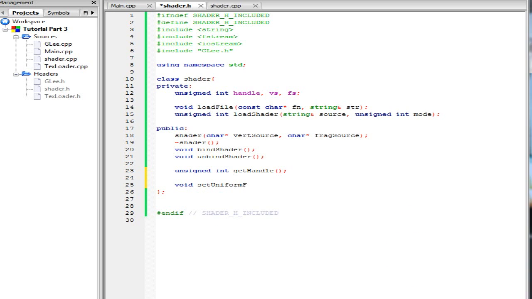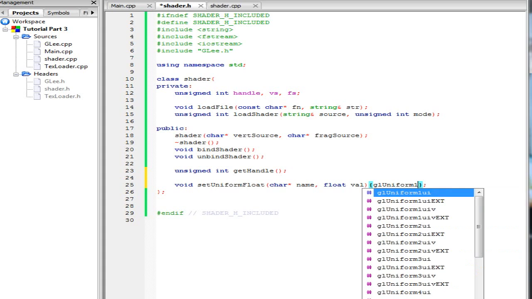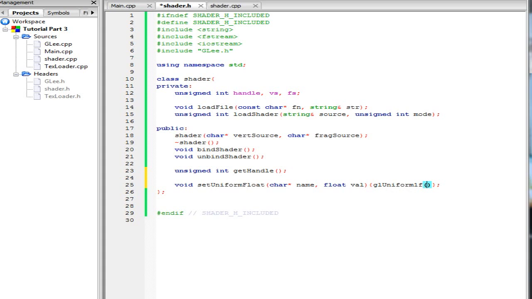So I'm going to first do set uniform float, which basically allows you to pass a float into the shader. Now I'm going to have a char pointer of the name, so it's the name of it, and then the float of the value. So this uses GL uniform 1f. Now number 1 is the number of floats, because you'll also be using vectors, which